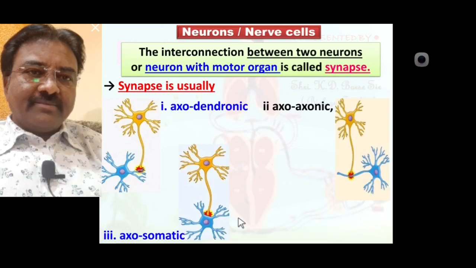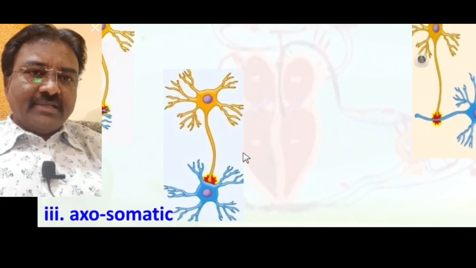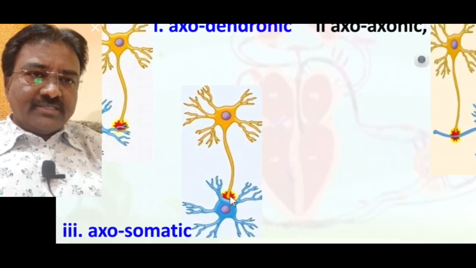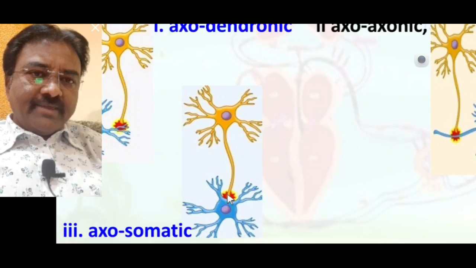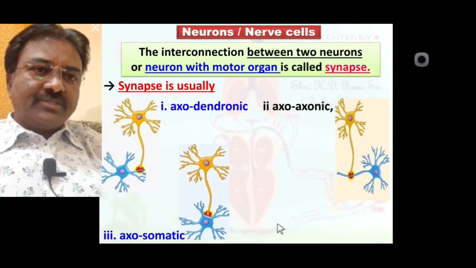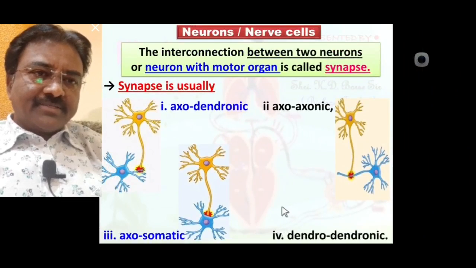Seen in the diagrammatic representation, one neuron axon. So this is the axon part of one neuron, and this neuron is located on somatic organ. So in between them a synapse is present called as exosomatic synapse. And fourth type of synapse called as